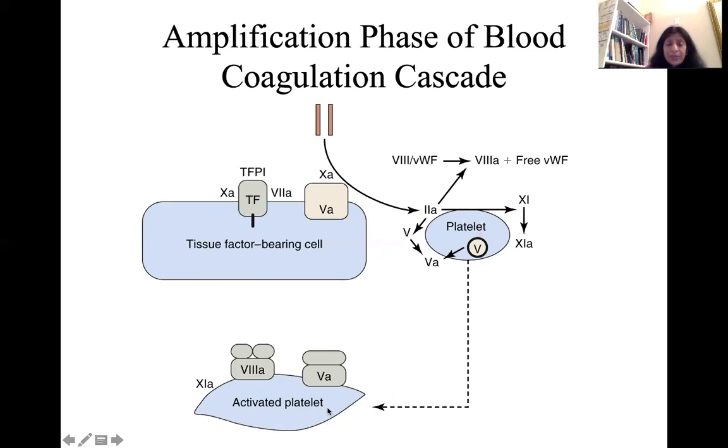With activation of the platelet, you notice the change in shape. All right, you have factor 11A, factor 8A, factor 5A, and now this is where the intrinsic pathway is activated, with activation of the platelet. So this is when much greater results of coagulation can be seen. All right, so let's